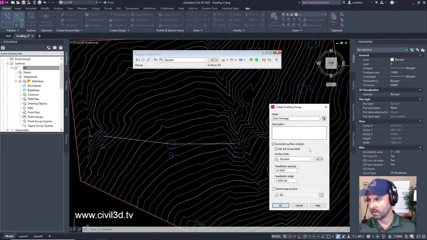So that's what's nice about this setting. We're going to automatically create a surface, and we're going to create a volume-based surface because we want a volume.